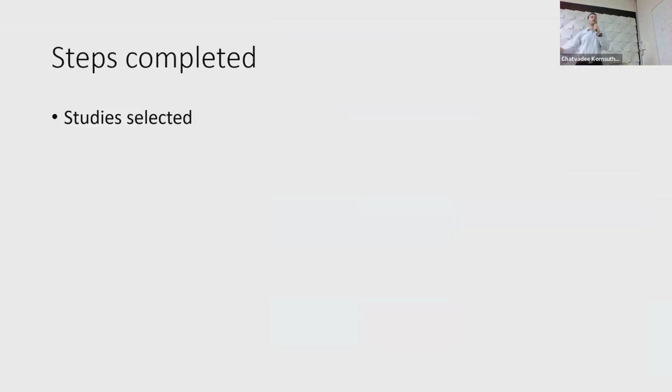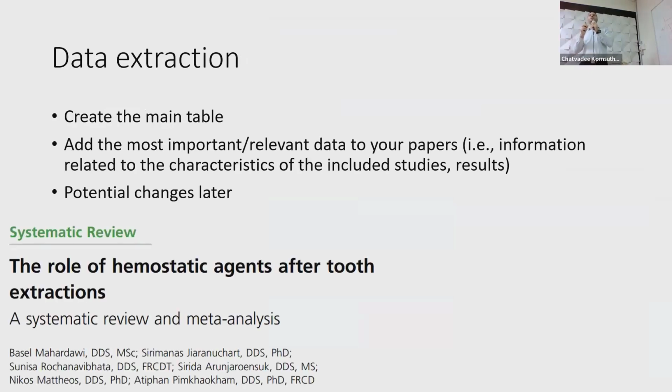Okay, so yes, I set my PICO. I have the criteria that I want to include studies based on, and then I selected my studies. I am ready. I did the first step. Now, after I selected my studies, I will have to extract the data. I have to take the information from those studies to make that main table that I want to add in